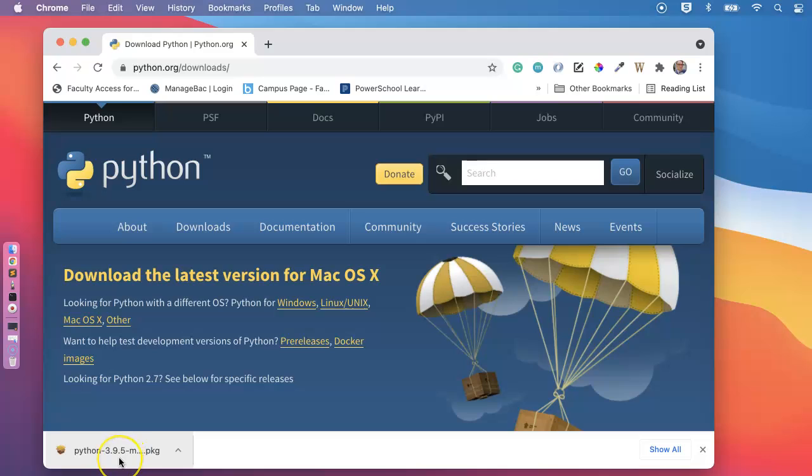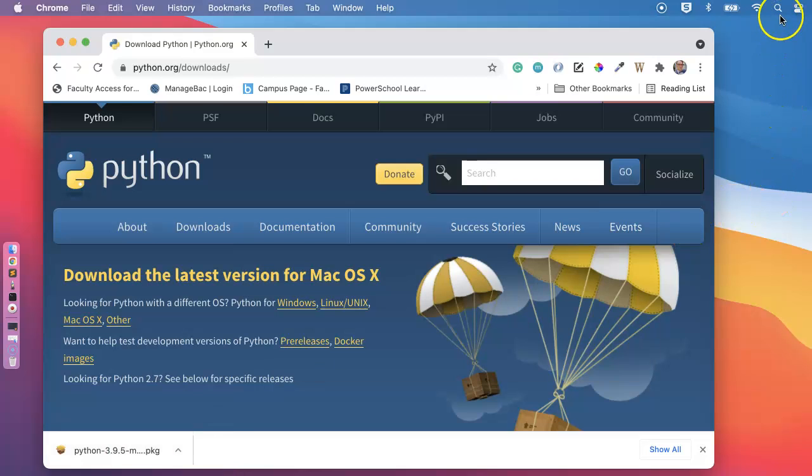So what you're going to do now is, once you've downloaded this, double click on it and install it. I'm going to suggest you pause the video, go through the install, and then come back and continue on. Okay, so now that it's installed, and I've done that before, what I'm going to do is